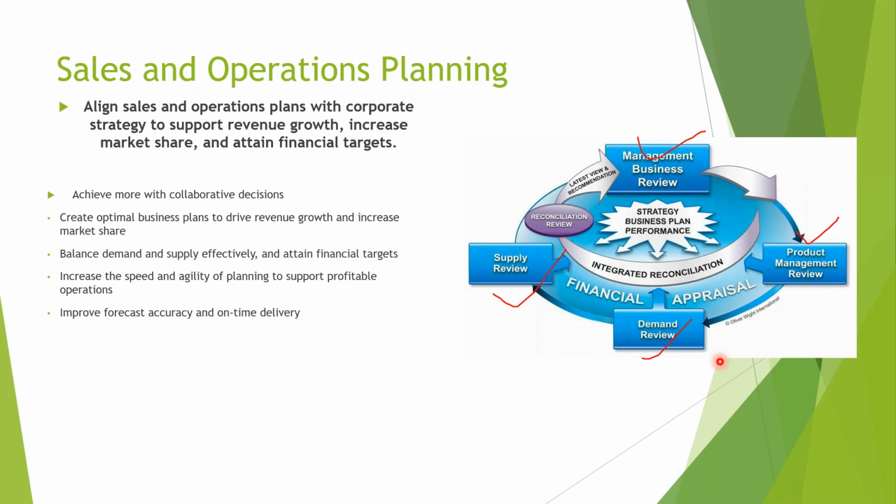In the demand review, they will give the manual inputs also. Before that output is given to the supply side, the manual inputs will also be adjusted by the sales team and the marketing team. The consensus demand plan will be there, and then the output will be transferred to the supply side, so that the heuristic or optimizer can generate the supply plan. And then there will be executive meetings again, which will review the supply plan.